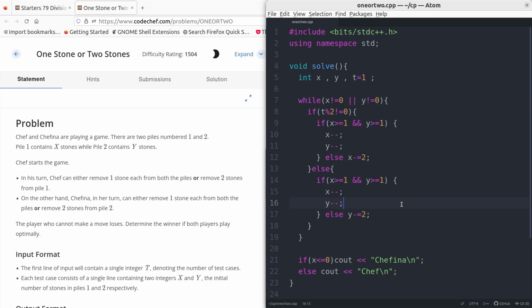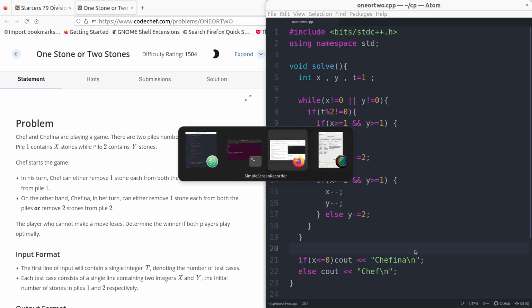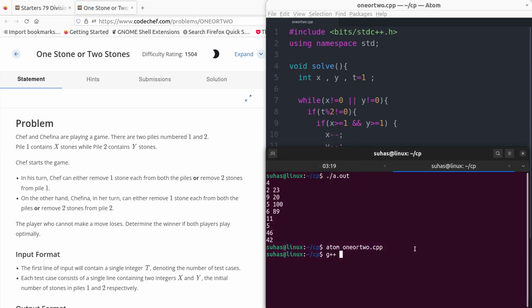Now we are doing this until x is greater than or equal to 1, so if x is equal to 1 and y is equal to 1 also, we can subtract based on the turn. That's it, I guess. Let's compile 1 or 2.cpp